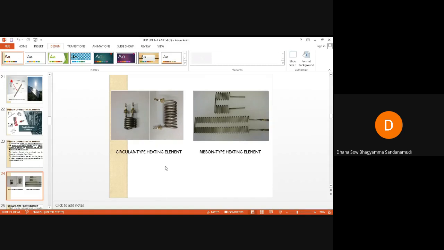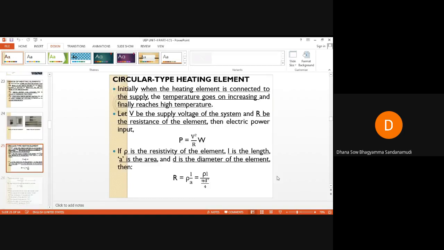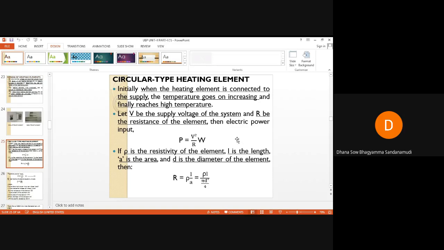So let us discuss circular type heating element. You people start writing along with me. All these terms must be written in your notes. We must know the length and width of the heating elements. Means to design the heating element you must know what should be the rating of the heating element, depending on whether it is